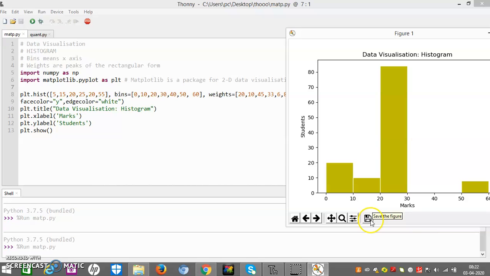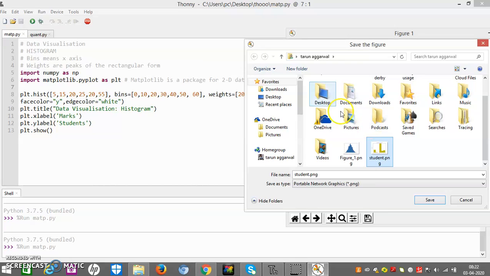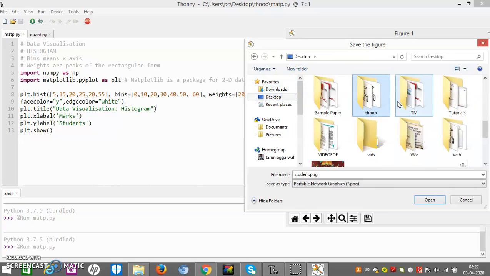Now, moving forward, we can save the figure. I have made a folder on the desktop; wherever you want to save it, you can save it.